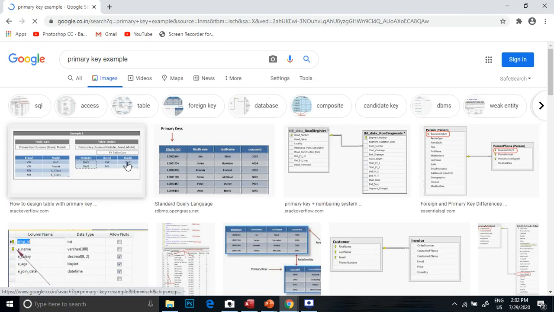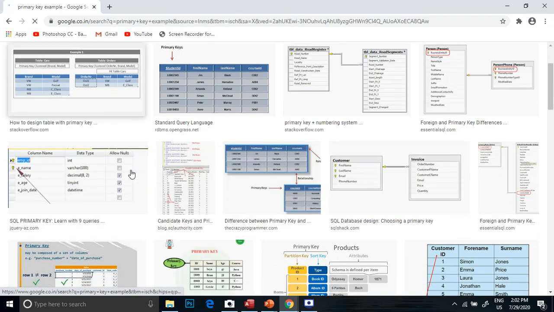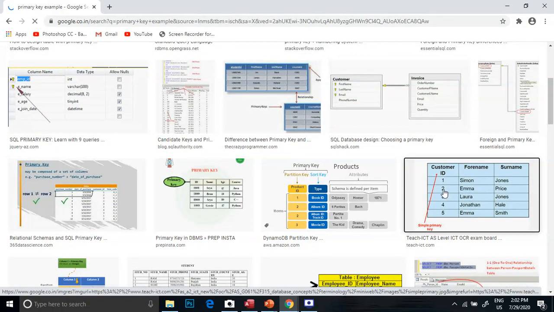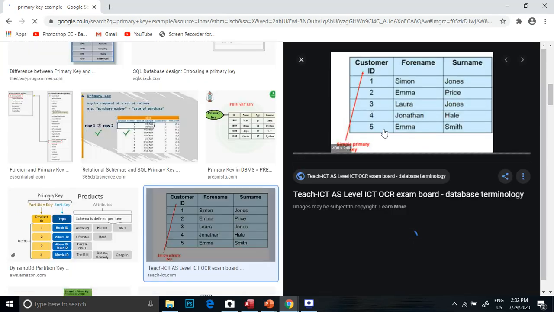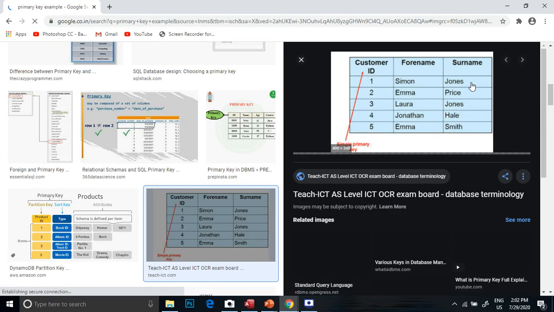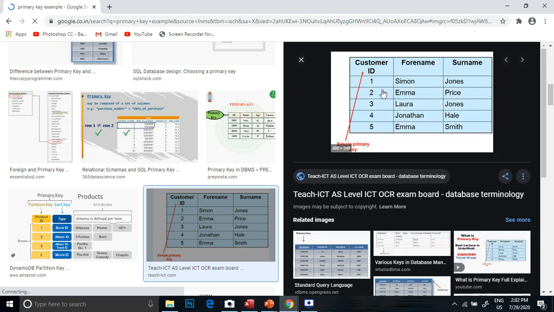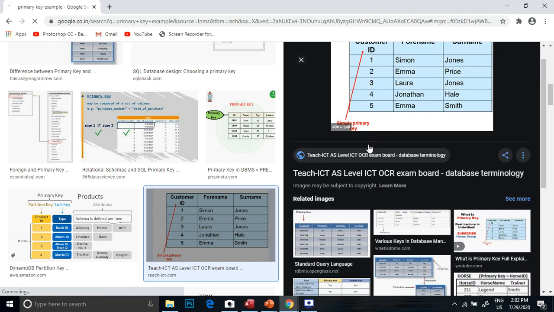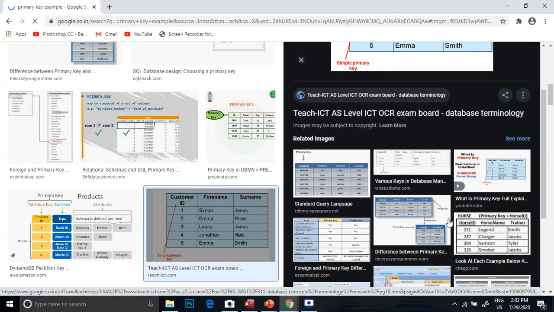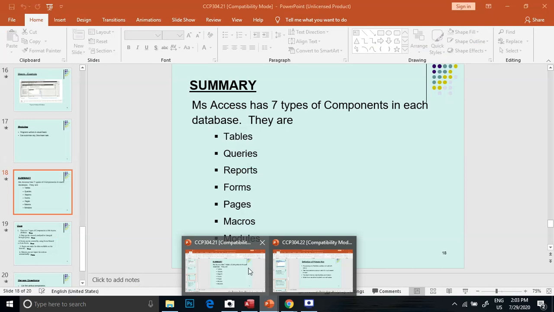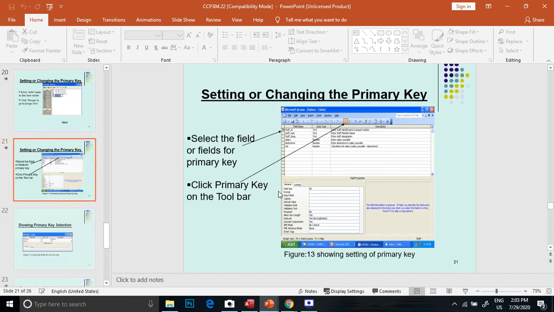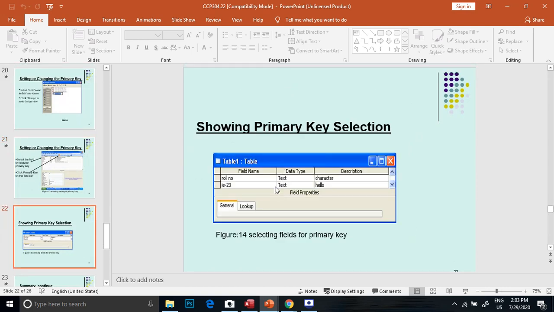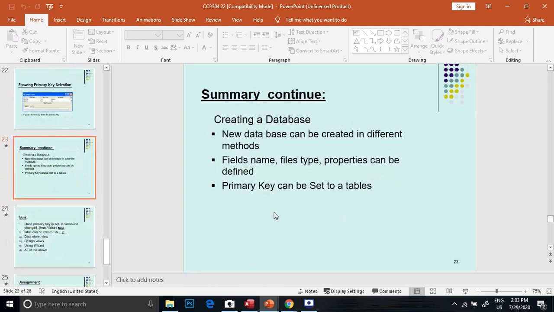Here we can check the different types of primary keys. Here the customer ID is the primary key. Forename and surname may be the same or different, but customer ID should be unique. Like that, we can have an explanation about the primary key. It is a must and it is an important field in a data table.